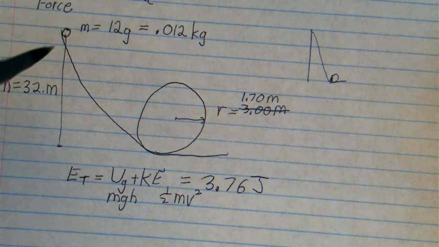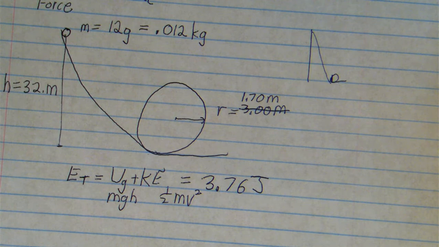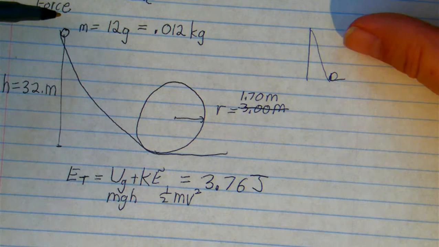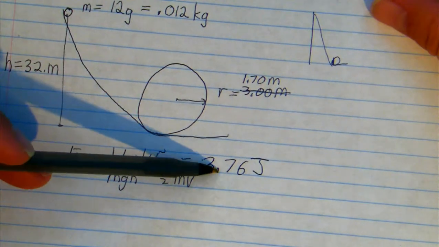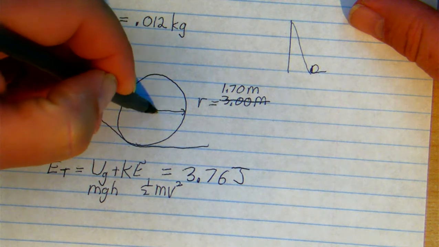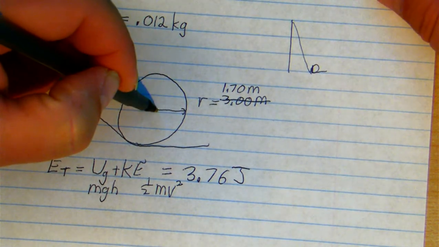3,000 joules would create a crater. Wow. Okay. So that would be dropping a massive bowling ball from the top of a 10-story building, if you want to try to imagine what would happen. All right. So we've got our 3.76 joules. And now that the radius is 1.7 meters,